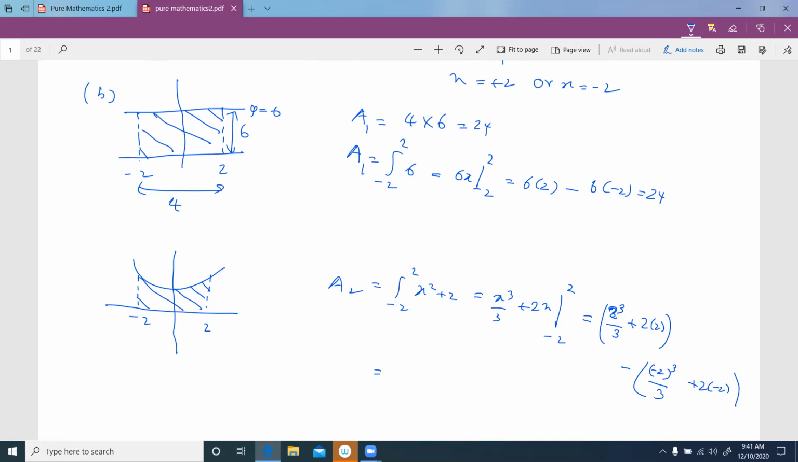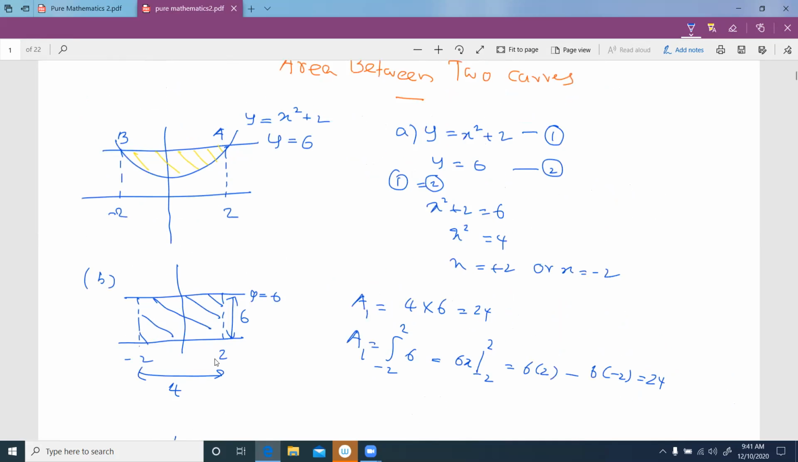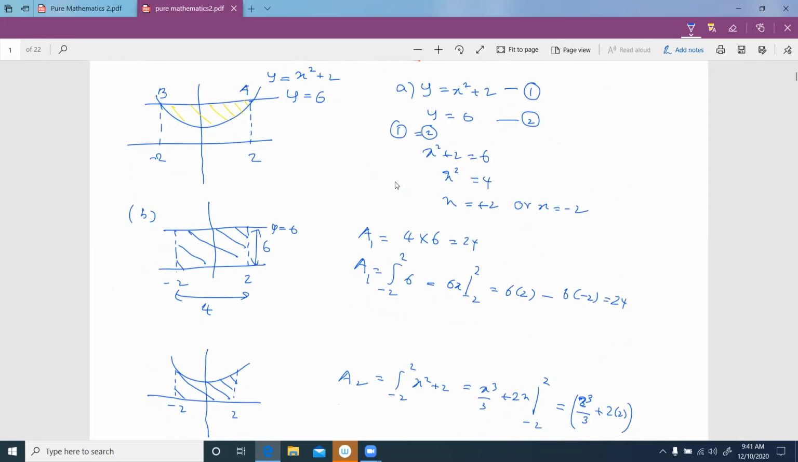That answer becomes 40 over 3. Then how are you supposed to find the shaded area? If you need to find the shaded area, what you can do here is refer to these ones, out of this rectangle,